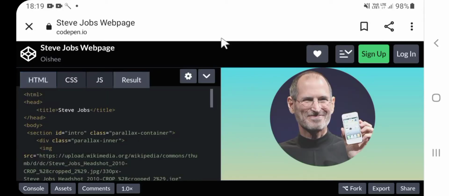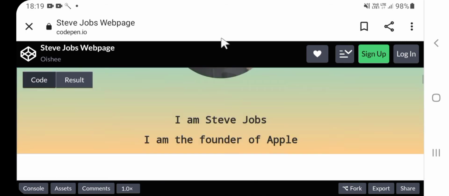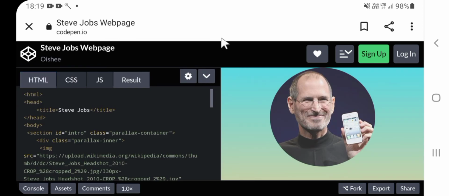This is Coding Station, and in today's video I'm going to show you the solution to assignment number 2. In assignment number 2 you had to create this web page on Steve Jobs, which was not very easy, neither was it very tough. I had given you some instructions that you had to follow while making this project, and I had even linked a project template in the description box of that particular video. The link to that video is in the description box of this video. If you have not watched that video and you want to create this web page, you can certainly go through it once.